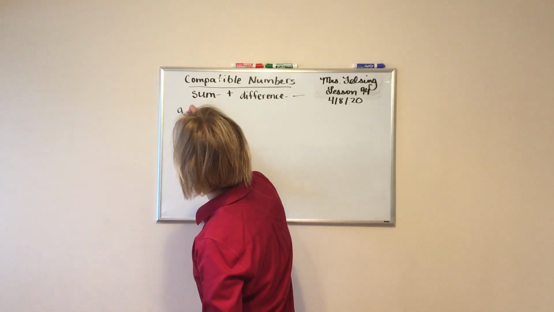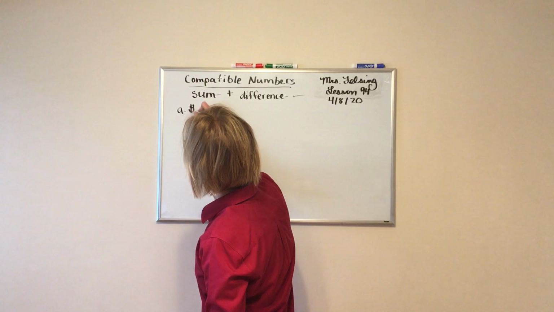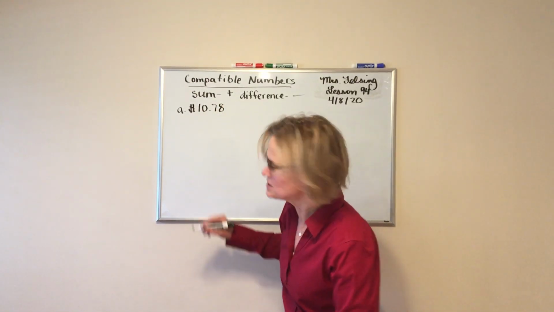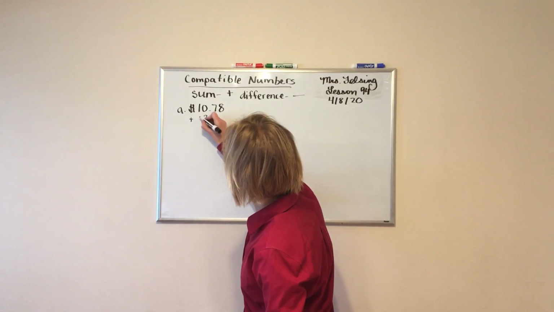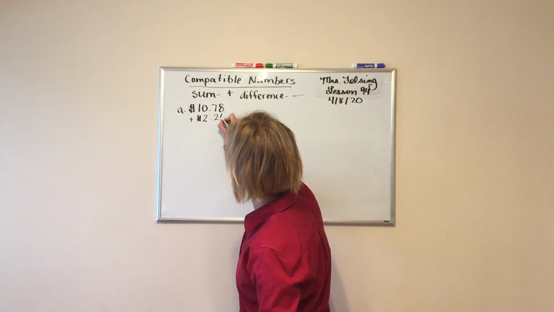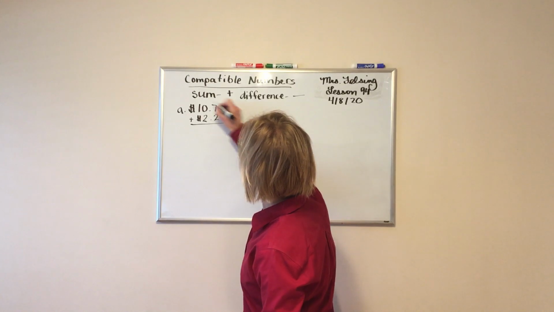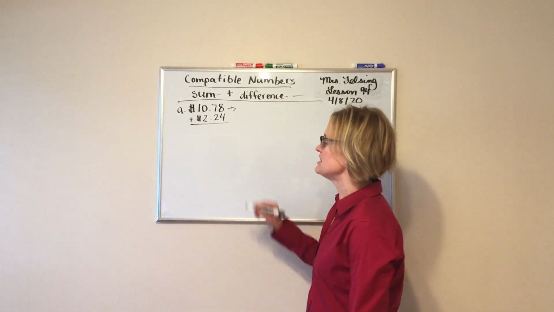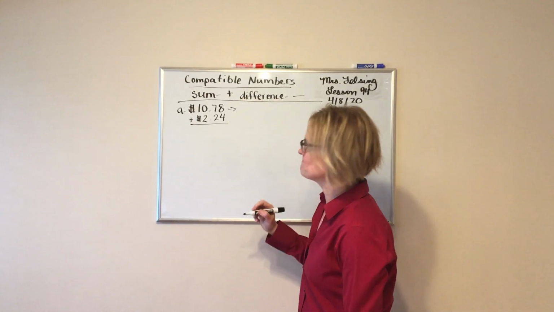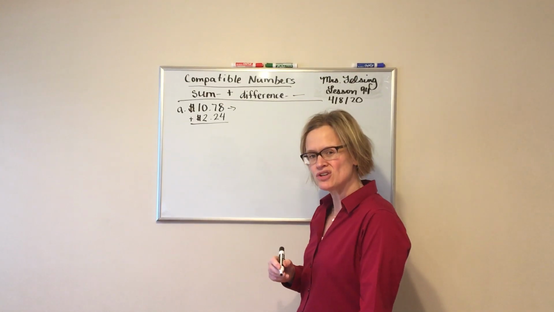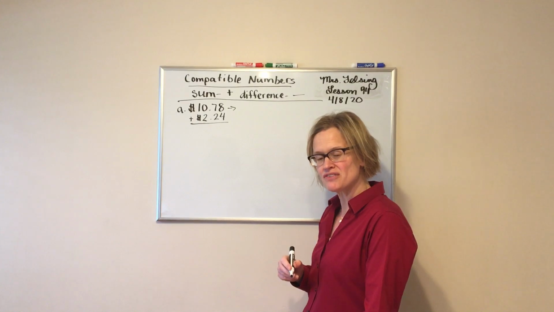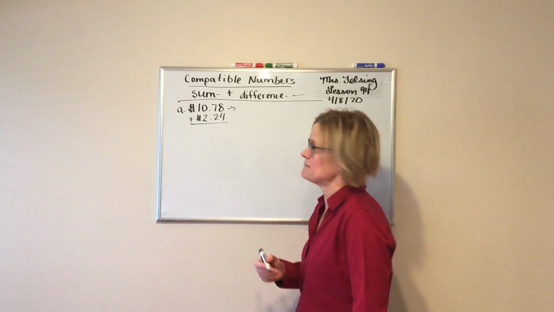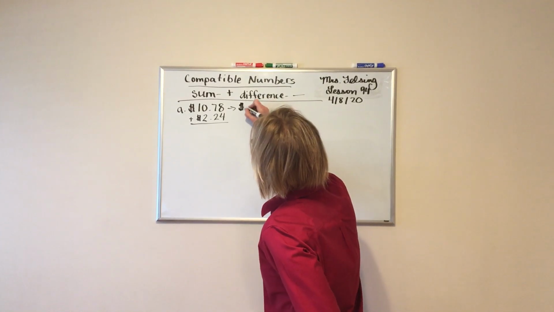So let's take a look at letter A. I have $10.78, and they wrote plus $2.24. What you can do here is take a look at $10.78 and think to yourself, what amount of money is close to that? Not too far off. Well, you could say 11, but 11's kind of far off, especially when you're dealing with money. So what you could do is say